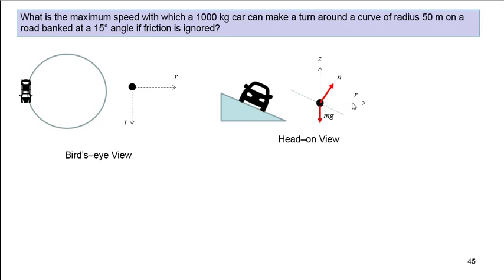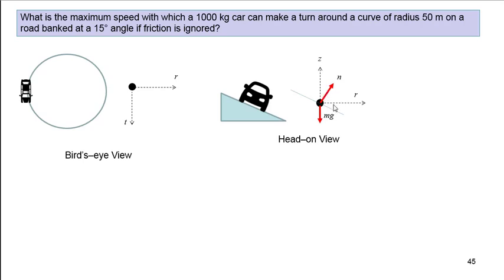That's going to be the direction of my net force. So I want that to be a direction. I'm not going to tilt my axes. That means I'm going to take my normal force and break it into a component, one component pointing to the right and one component pointing up. And then I'll be able to look at the net force in the z direction and the net force in the r direction. So now we have to figure out how to break this up